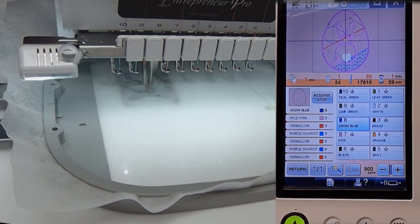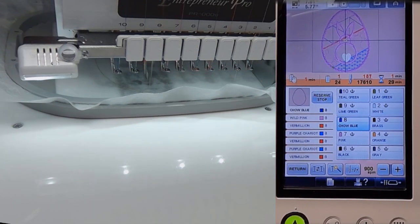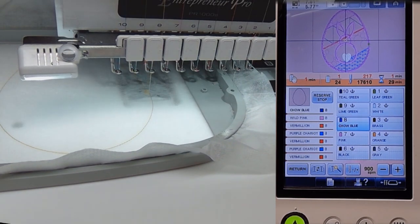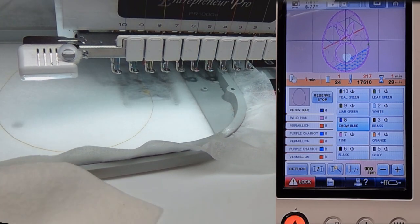So hoop WSS, water soluble stabilizer, and the first step is going to be the placement line. So this fits into the 8x8 hoop. I haven't done it any smaller, by the way, and you can pick this up at